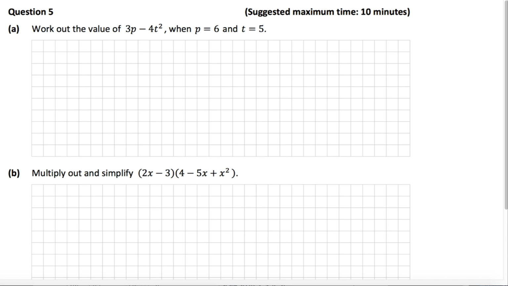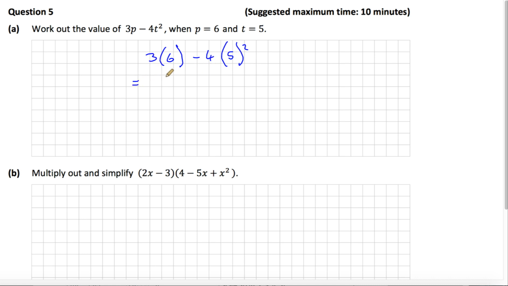So this is the 2018 Junior Cert Higher Level Paper 1 and we're looking at question number 5. Part A says work out the value of 3p minus 4t squared when p is equal to 6 and t is equal to 5. Okay, so this is just a simple substitution. So it's 3 times the value of p, which is 6, minus 4 times the value of t squared, which is 5 squared. So you can put this in your calculator, or if you're not doing that, just be careful